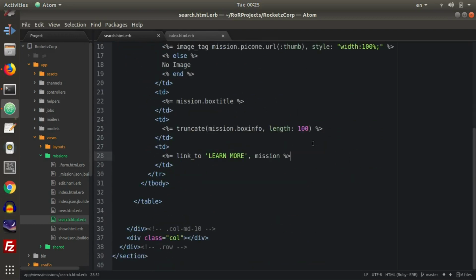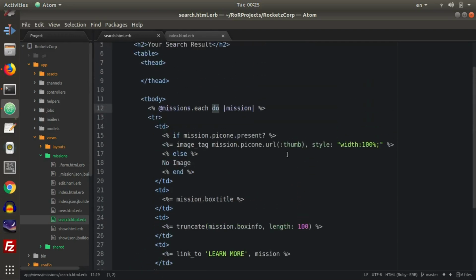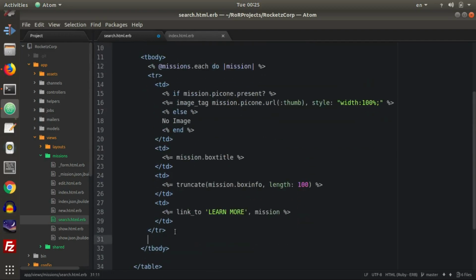Yes, let's see, I don't think I have an end. Since this is the do loop, it starts after the tbody, so we need to put the end before the tbody tag ends right there. So Ruby syntax with an end for the do loop. All right,